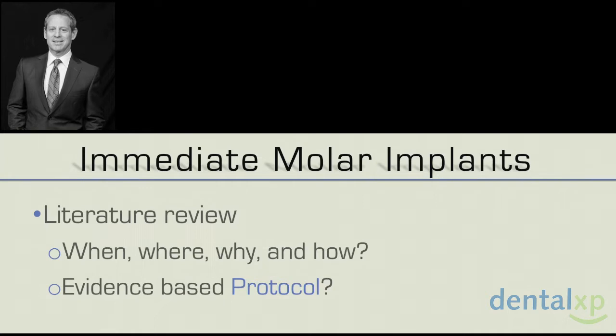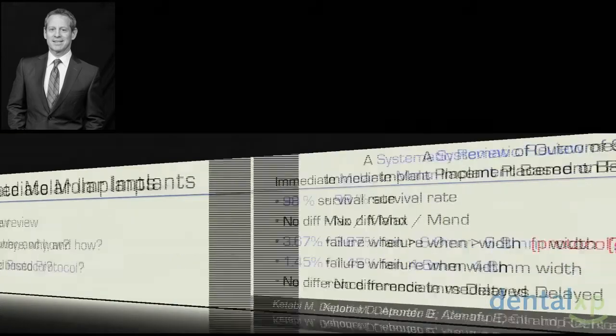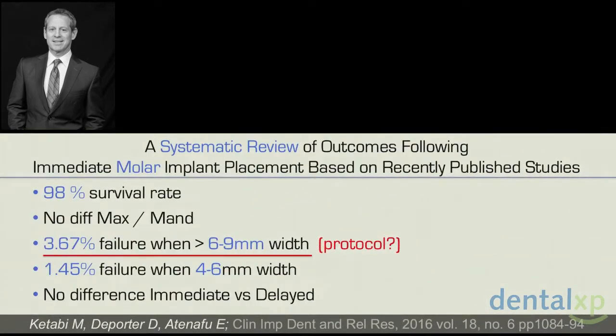We start by asking, just like Dr. Bittner, when, why, where, and how do we do these implants? What I went to the literature to look for was, is there an evidence-based protocol out there? That's important to me. So when you look at the systematic review by Katabi and DePorter, they did a systematic